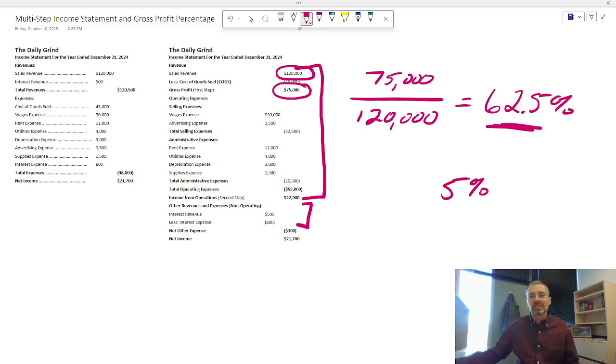At the opposite end of the spectrum is a high margin industry. Let's say 70%. So for every dollar that you sell, you get to keep 70 cents of it. So you're marking things up over twice what it cost you. So this would be something like you bought something for $30 and you're selling it for $100. Right? So that's a large markup. And what kind of industries engage in this? Well, these are generally luxury items.